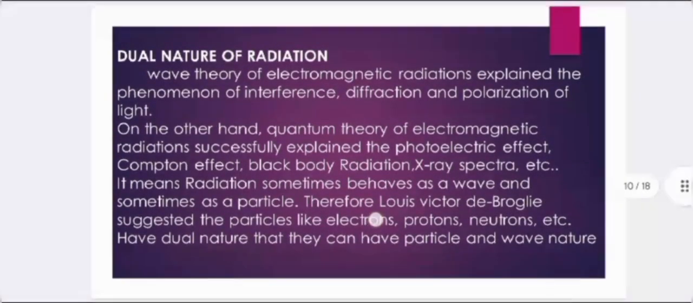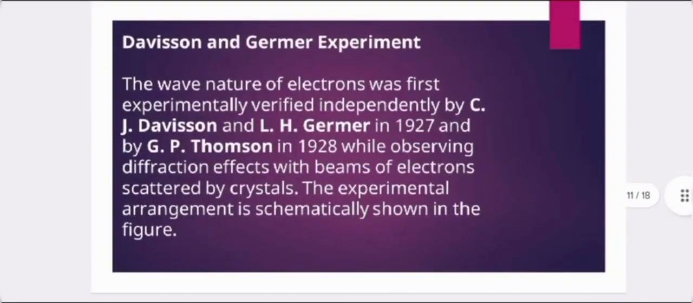Dual nature of radiation. Wave theory of electromagnetic radiations explains the phenomena of interference, diffraction, and polarization of light. On the other hand, quantum theory of electromagnetic radiations successfully explains the photoelectric effect, Compton effect, blackbody radiation, X-ray spectra, etc. It means radiation sometimes behaves as a wave and sometimes as a particle. Therefore, Louis Victor de Broglie suggested that particles like electrons, protons, neutrons, etc. have dual nature, that they can have particle and wave nature. Next,